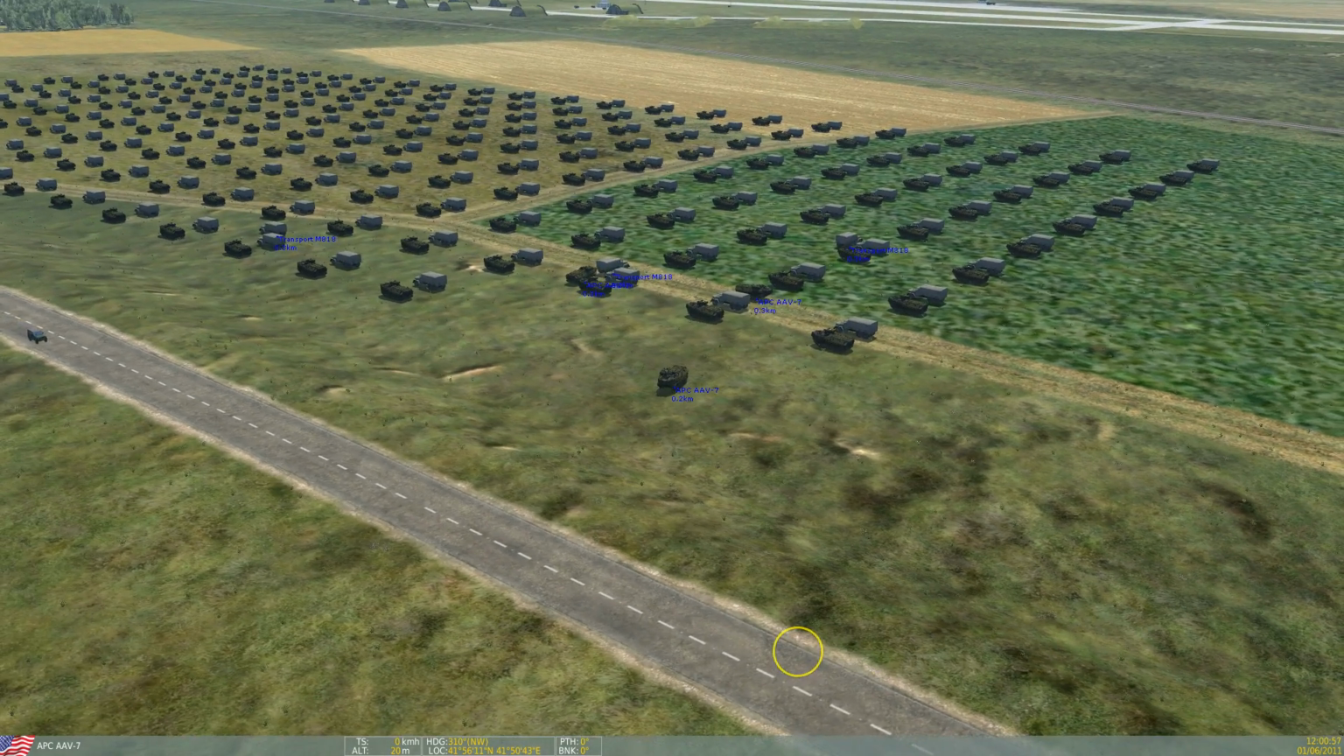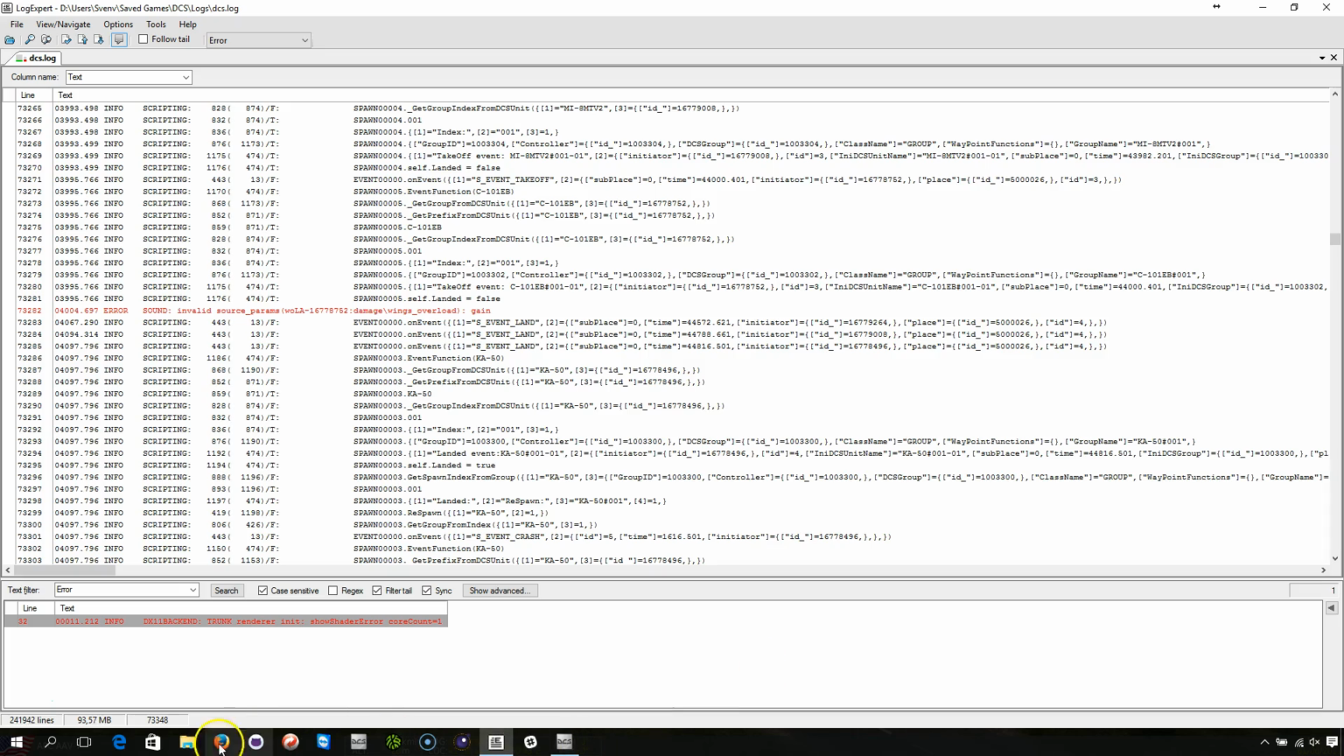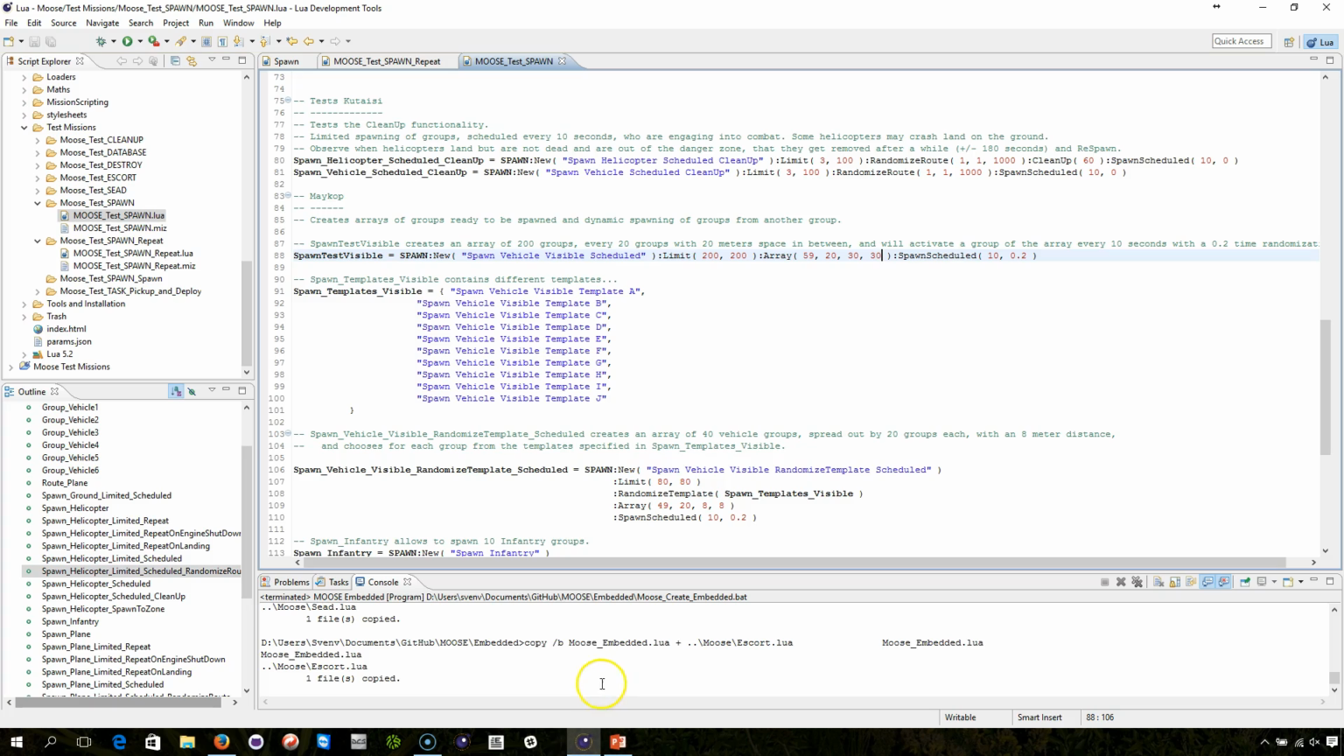So let me jump to the next object quickly and explain what that does. The next one is more complicated. So here I got